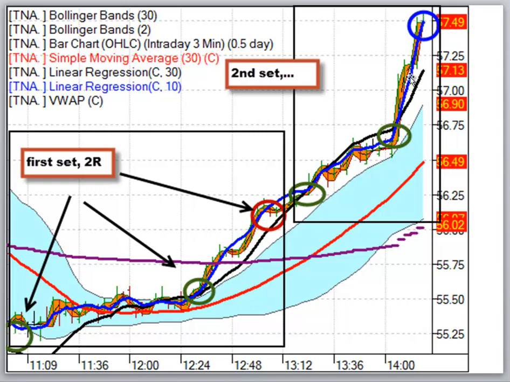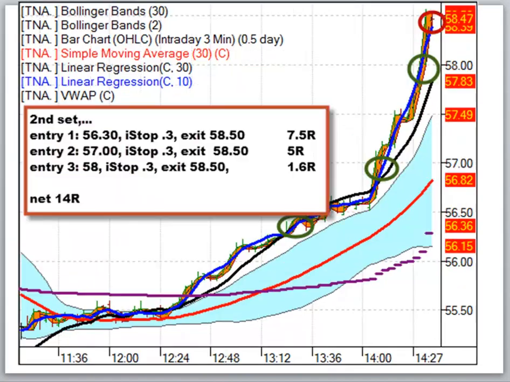Blue circle means I'm stalking it. And now the same thing is happening up here. We get this runaway move to the upside with 2 bullets into it, it starts to fail, and now I'm stalking the exit on that one. It never looked back. I end up getting a third entry at 58. So now we've got these 3 positions in, and it's a runaway freight train, gets up to 58.50, and then